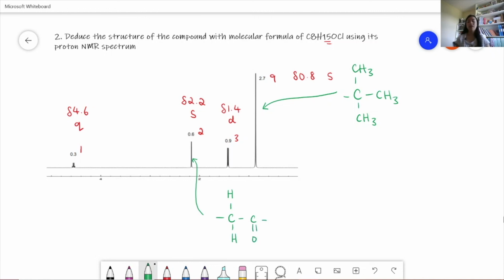And the carbon on the left here won't be able to have any hydrogens on it, because then we wouldn't get a singlet peak. And so this is what I would guess this part of the structure would look like. And now looking at this quartet,